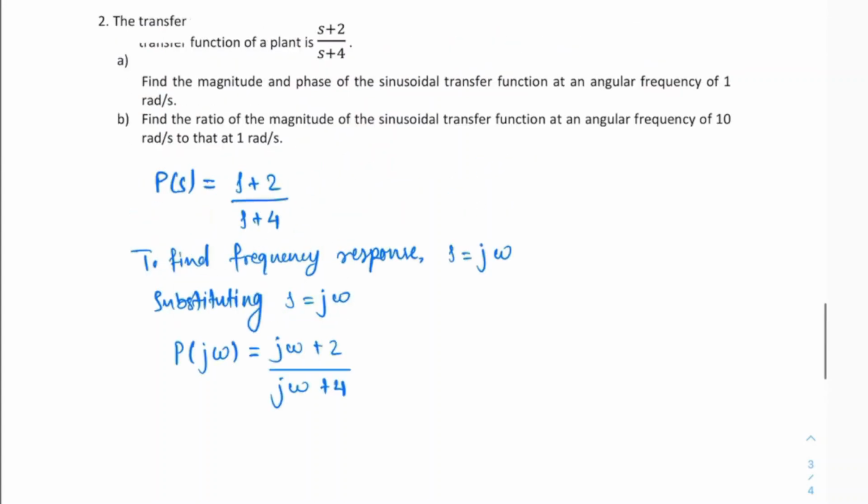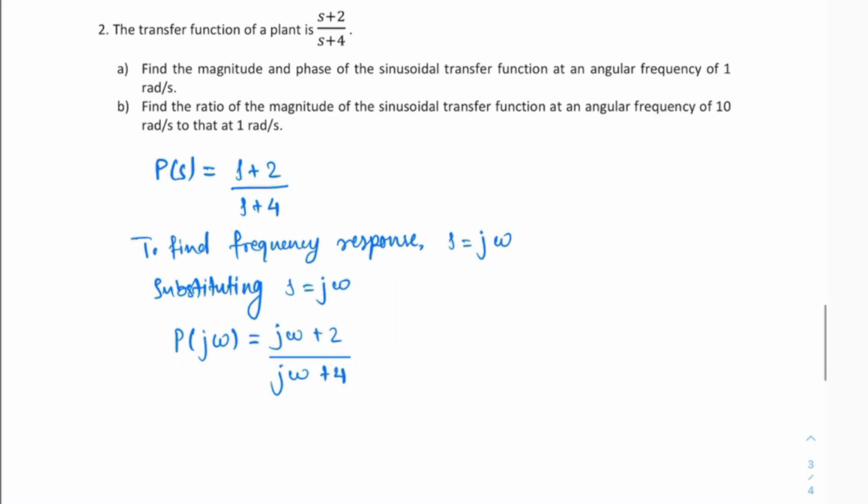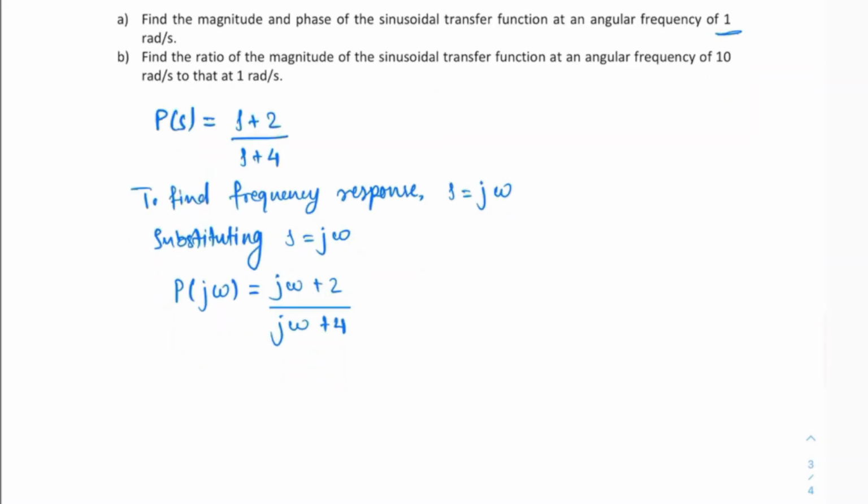So we have been asked about the magnitude and phase of this at an angular frequency of 1 radian per second. So substituting omega equals 1, so let's multiply this by j minus 4,